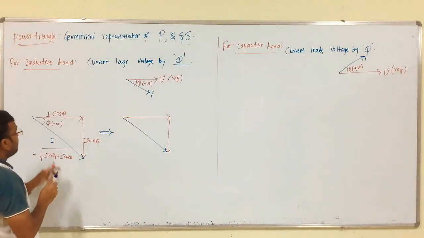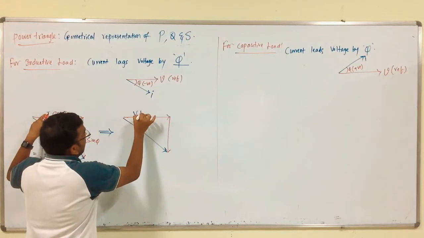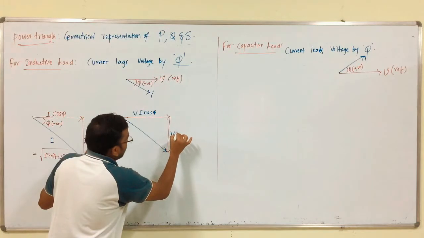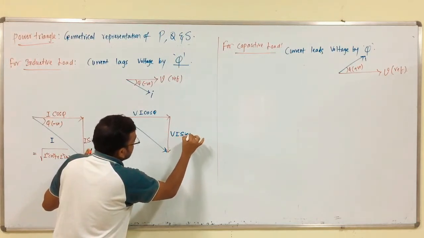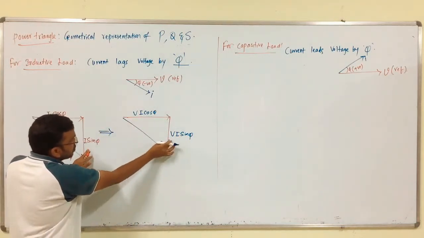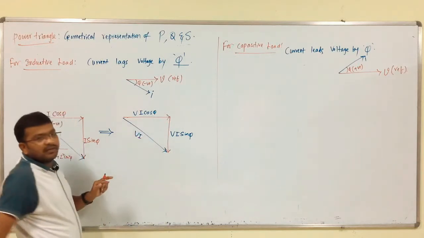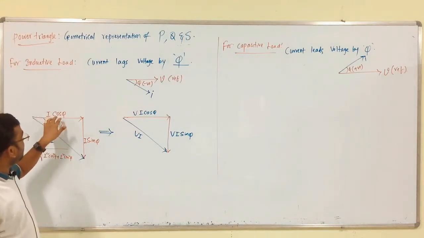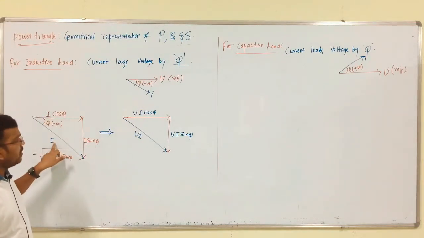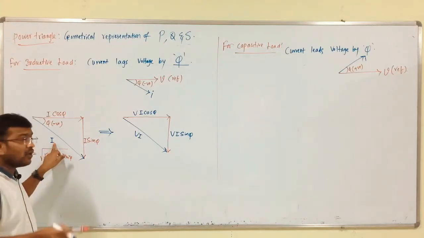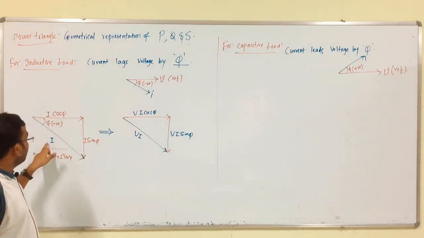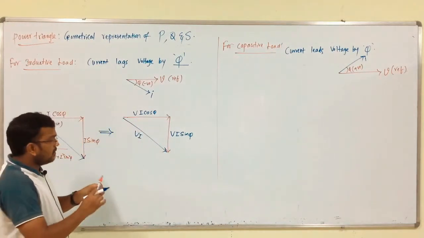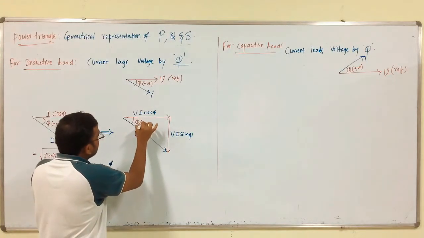And now, I am going to multiply it with voltage: V I cos phi, V I sin phi. Now, the resultant between these two is nothing but V into I, right. Is there any change in the value? First, we write I cos phi, I sin phi and I. Now, I multiply with the same proportion of voltage, that is V into I. So, V I cos phi, V I sin phi, V I. Is there any change in the value? No, that is phi, which is negative.